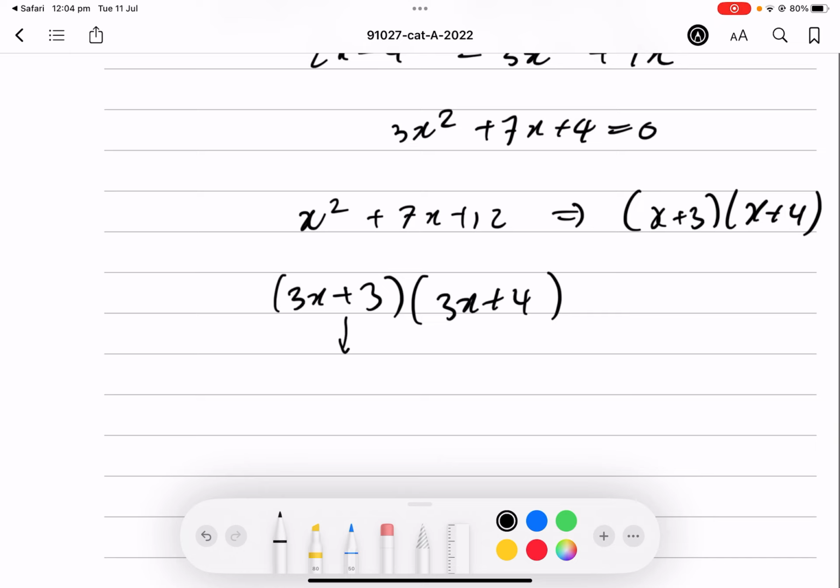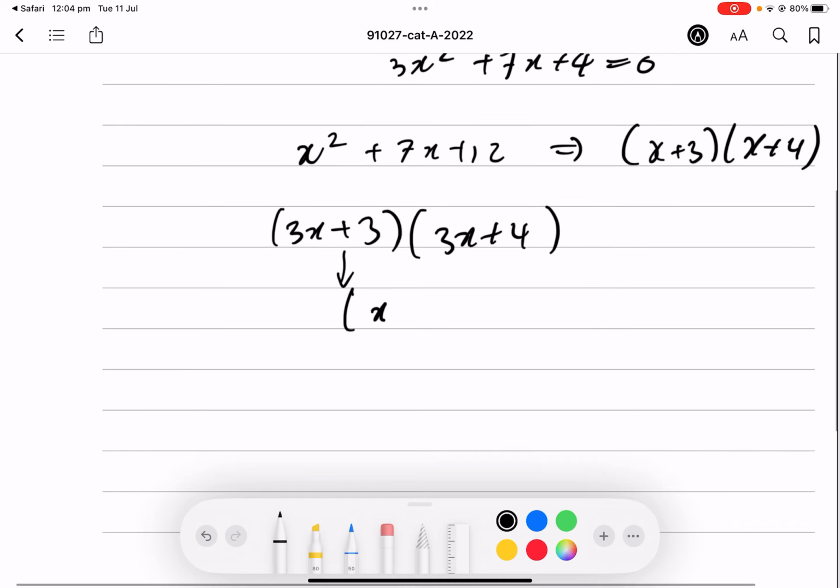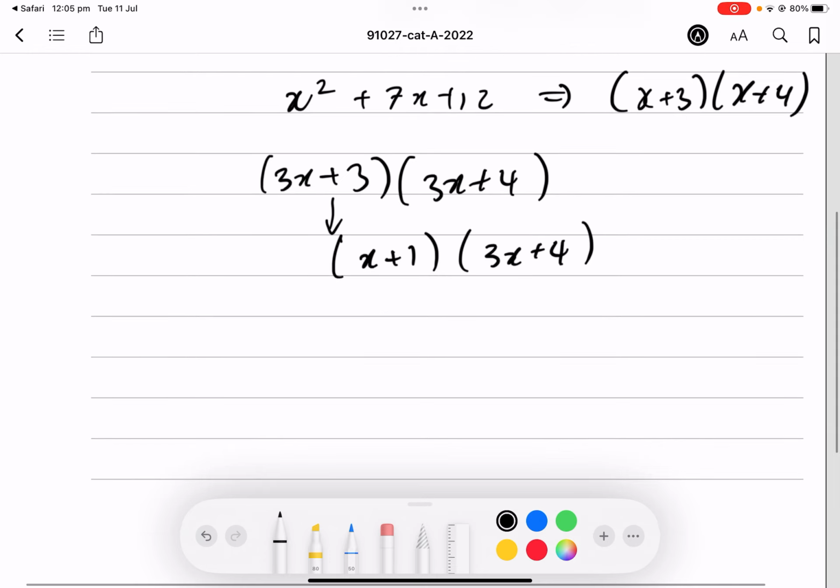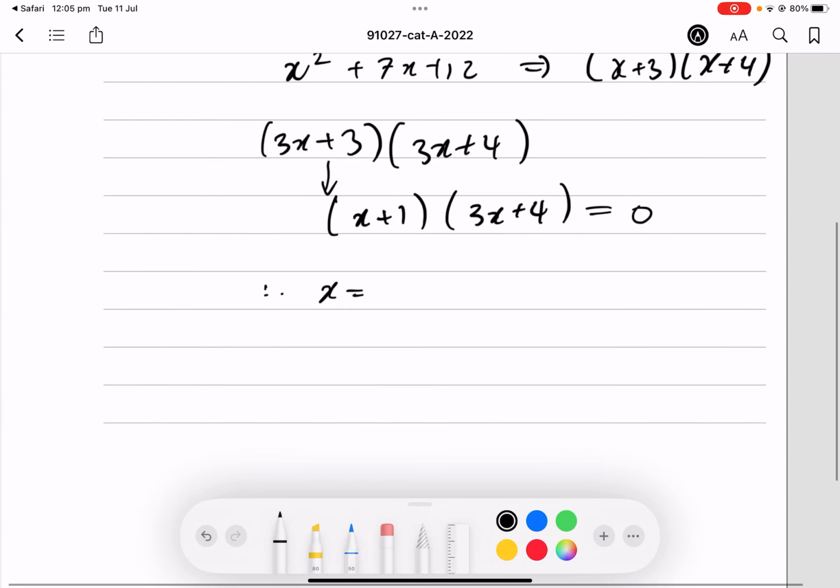And we can reduce this left-hand side here to be x plus 1 times 3x plus 4. So therefore, that equals 0. So x equals -1 and x equals -4 over 3. And that will be the final answer for this question, which is an excellence level grade for both the correct